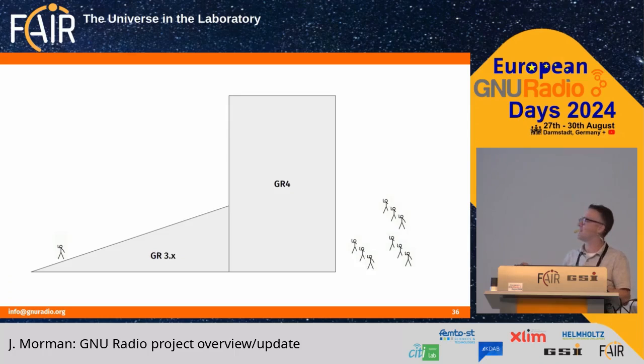Maybe he's just replaying files, maybe he's just doing an FM radio, teaching it in a university course, not using the full capabilities. And then there's this guy that's really pushing the boundaries of GR3. And this was me. This is really, I want more. This is what has led us to talk about GR4 for the last 5 to 10 years.